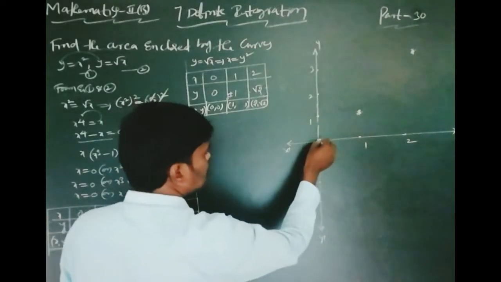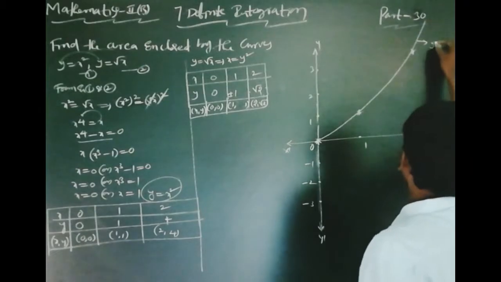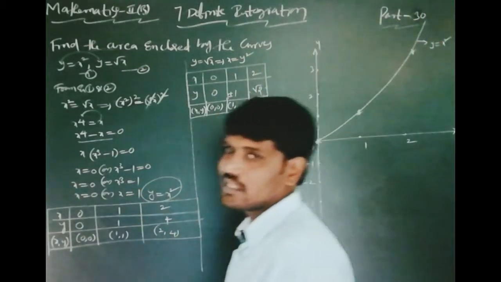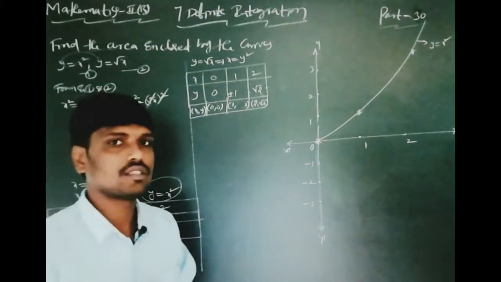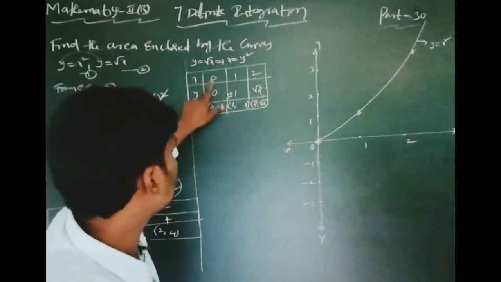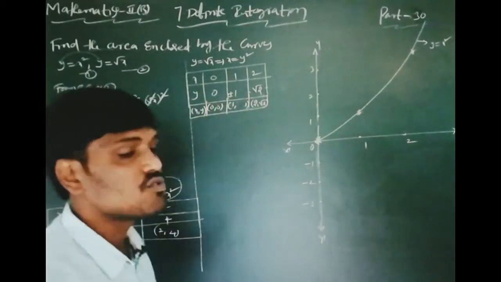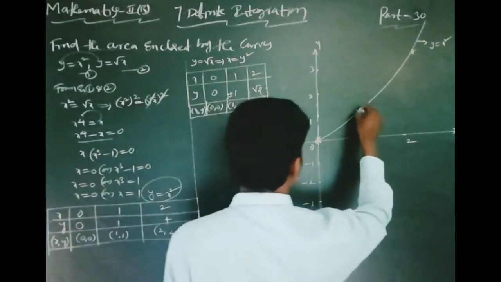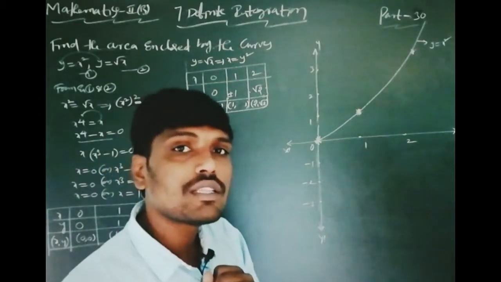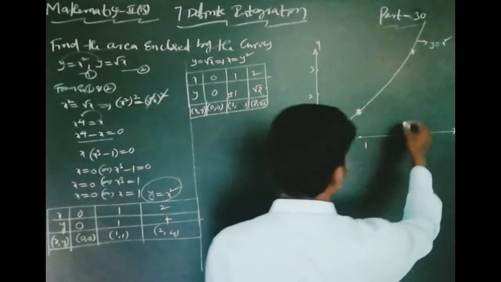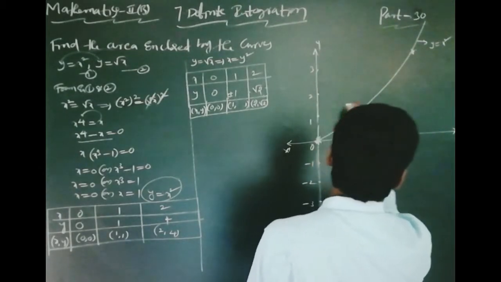This is a curve. Which curve is this? This one is the y is equal to x square curve. After that, you can write y is equal to square root of x. What is the y is equal to square root of x curve? 0 value is 0. Once again, 1 value is 1. 2 value is square root of 2, nothing but 1 point something. This is 2.